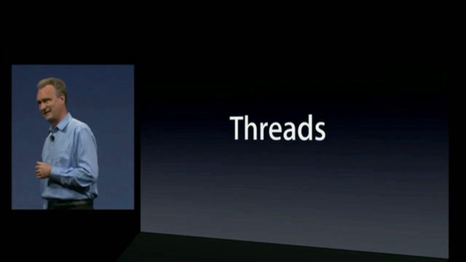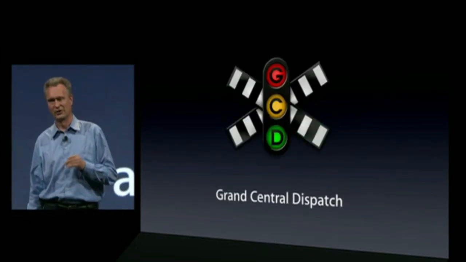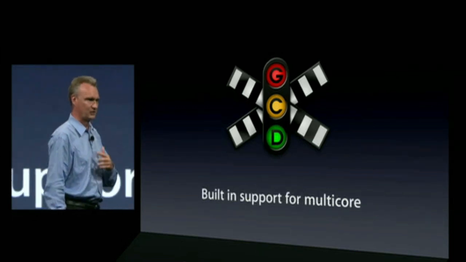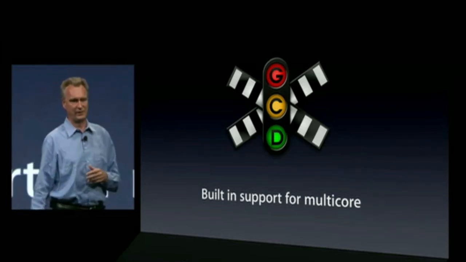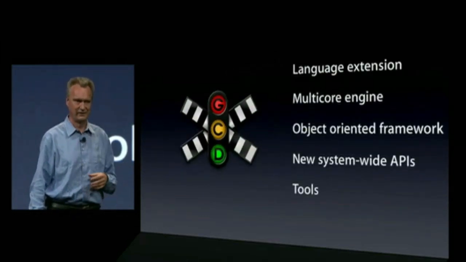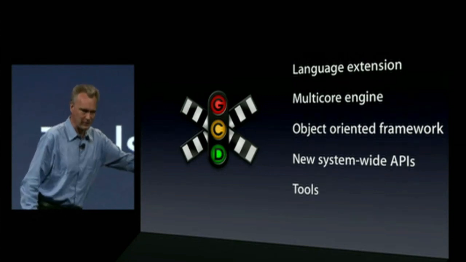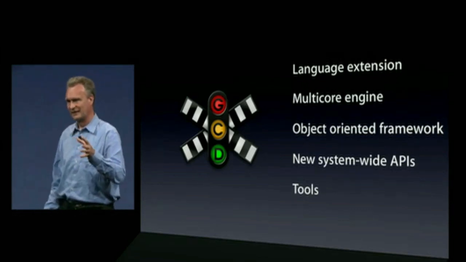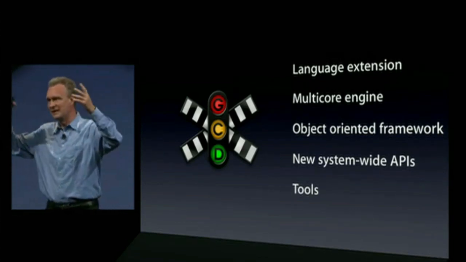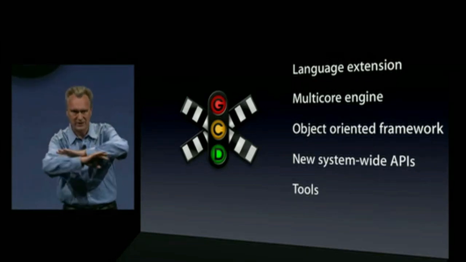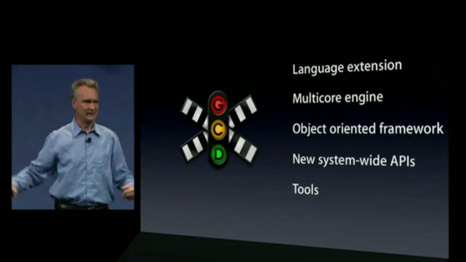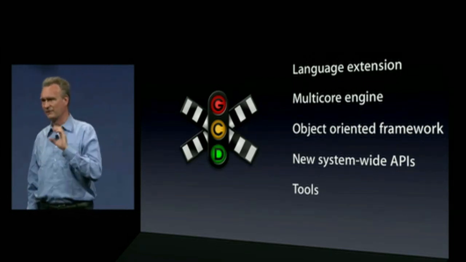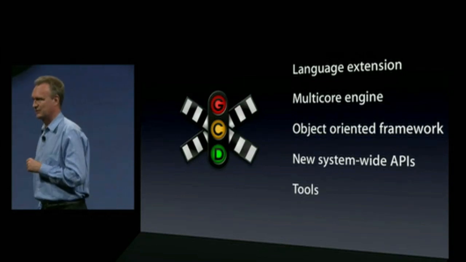So we have a solution for this, a new methodology that we call Grand Central Dispatch. It's built-in support for multi-core across all of Snow Leopard. It's very, very comprehensive, all the way from a language extension, low-level libraries that are super efficient, high-level libraries to make it really easy to program, integration with all the system APIs, and tools to tune your program. So just to give you a taste of what it feels like to use GCD,